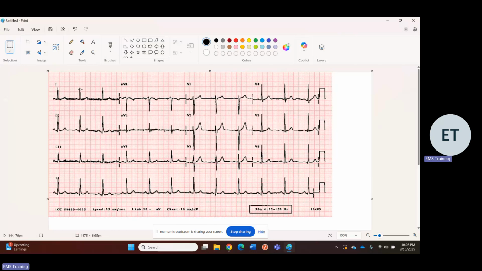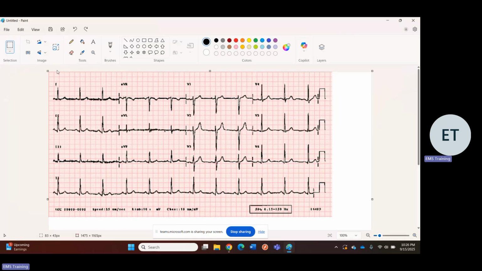And what I like to do is find one that's right on the line. So 4 boxes is 75, 5 boxes is 60. But this is closer to the 75 than it is the 60, right? So this is about 70 beats a minute probably. And I would bet that if I counted, 1, 2, 3, 4, 5, 6, 7, 8, 9, 10, 11, 12 times 6 is 72 beats a minute. So anyways,